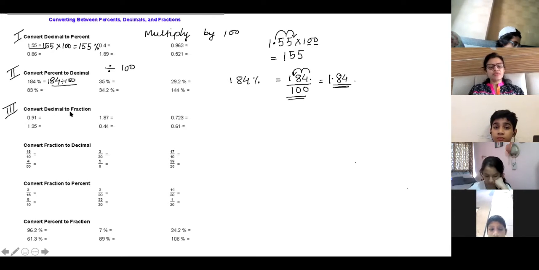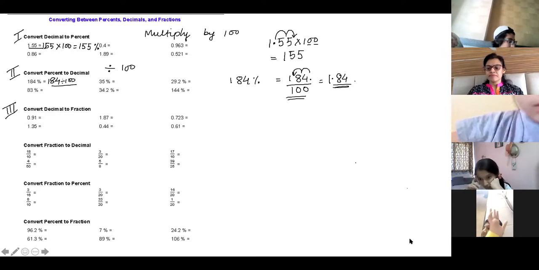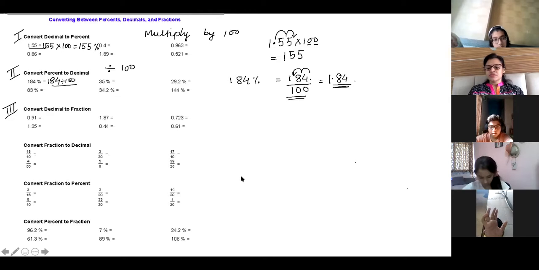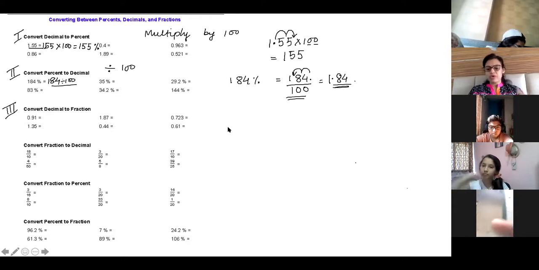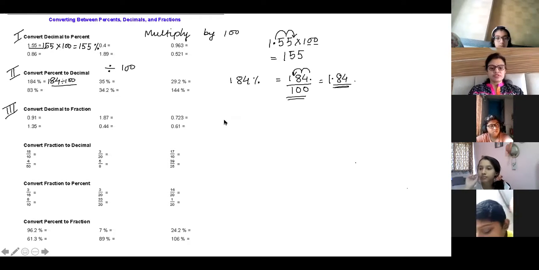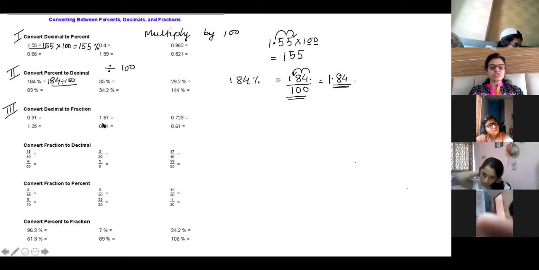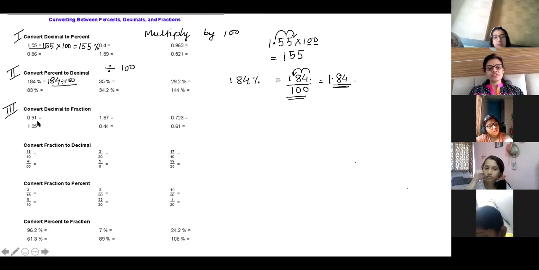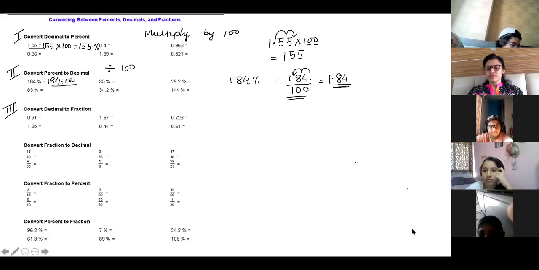Convert decimal to fraction. Now, how do we convert decimal to fraction? Who remembers? Anas, do you remember it? How do we convert decimal to fraction? We have to multiply. Not just multiply, tell me the process. How do we proceed to convert decimal? See, everything we have done. This is just a revision worksheet. Ma'am, can I say? Muhammadi, you have done now. Tell me, how do you convert decimal to fraction?